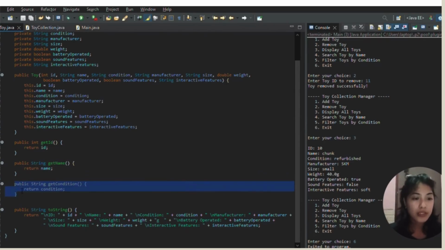And this getCondition method returns the condition of the toy that will be helpful in filtering execution.